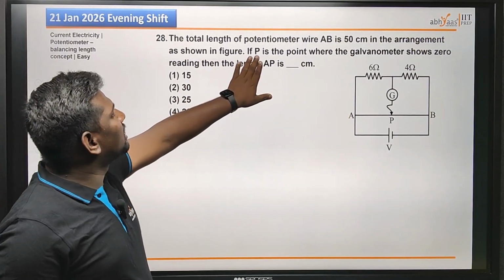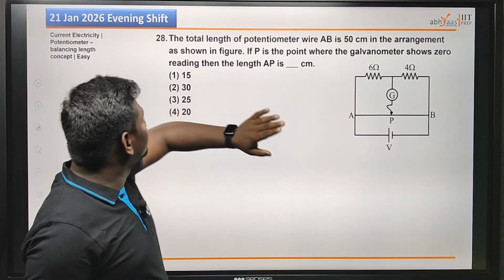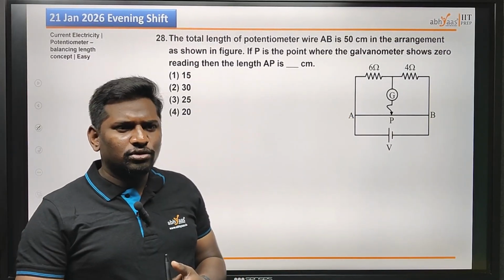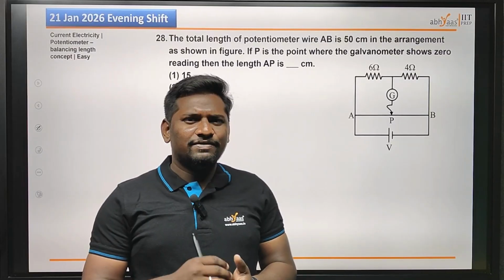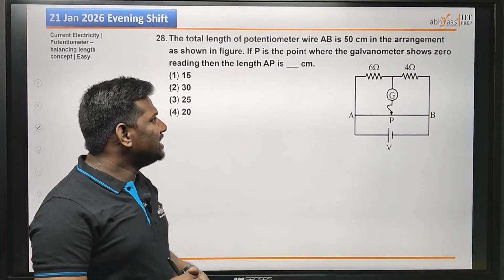As shown in the figure, P is the point where the galvanometer shows 0 reading. What is the meaning of 0 reading? We know that if the galvanometer is showing the 0 reading, that means Wheatstone